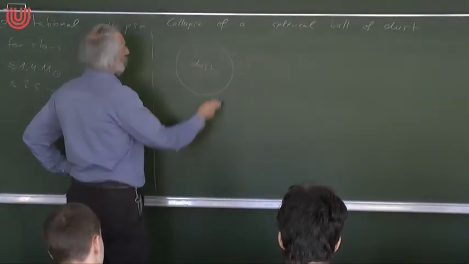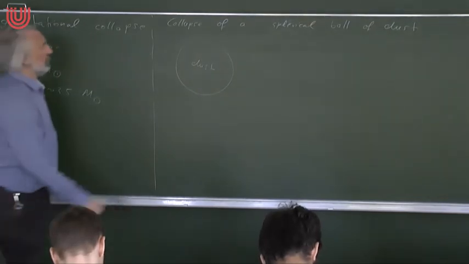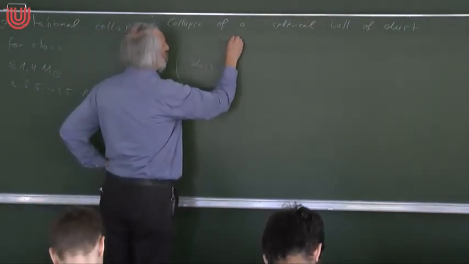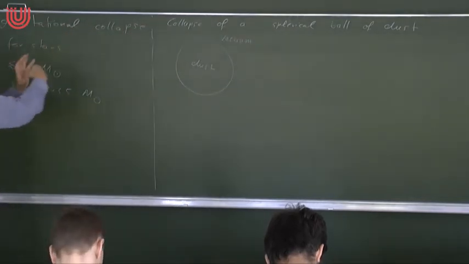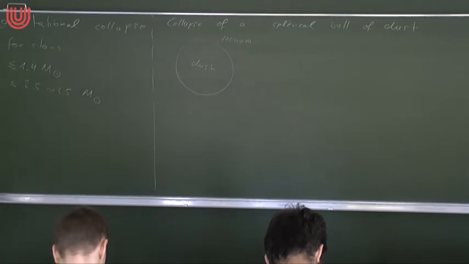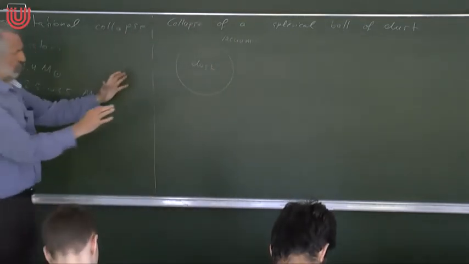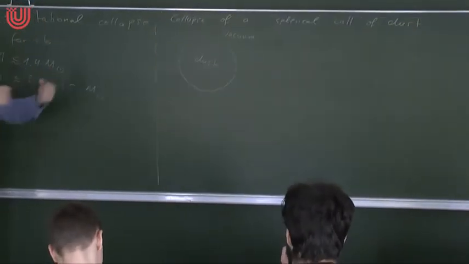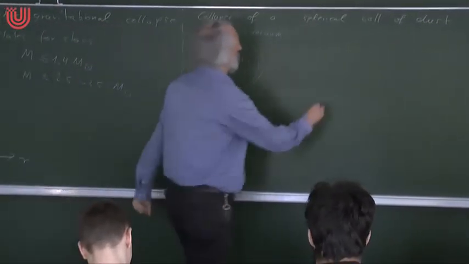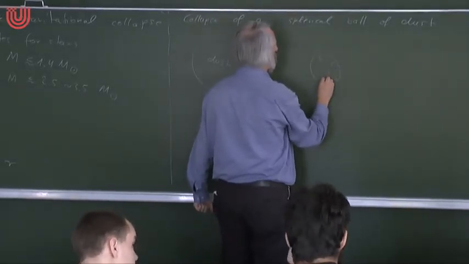So what we will have to do is solve Einstein's field equation for a dust, for the interior. In the exterior vacuum, we know the solution already. This must be Schwarzschild. Even if the thing in the middle is time dependent, as long as it is spherically symmetric, we still have Schwarzschild. And then we put this ball in a certain initial state, and then we let it go. And under the influence of its gravity, it will collapse. So at a later stage, it will be smaller, and the matter will be moving inward.